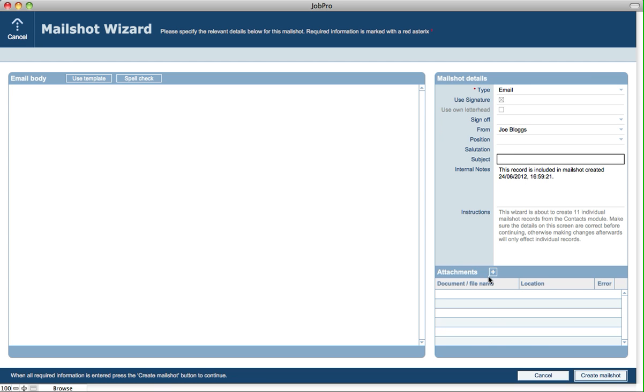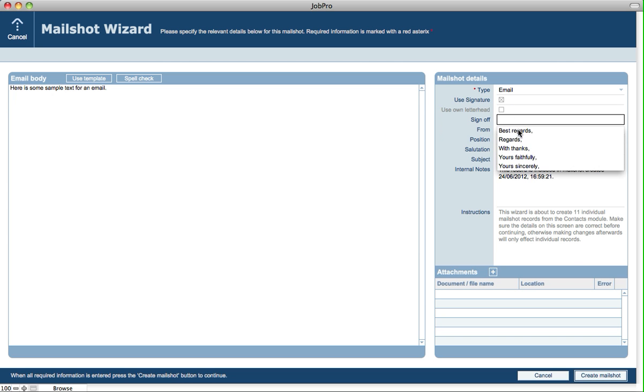And then we can specify any attachments, or an attachment that's going to be linked to all the emails that will be generated. So let's just put in something. And we'll specify sign off, best regards, Joe Blogs.